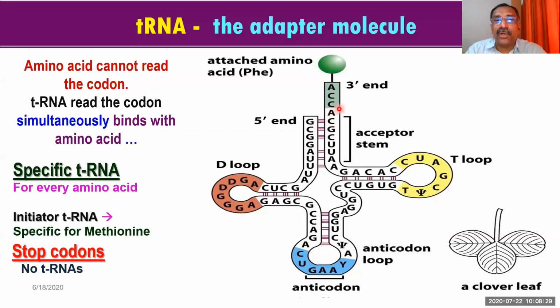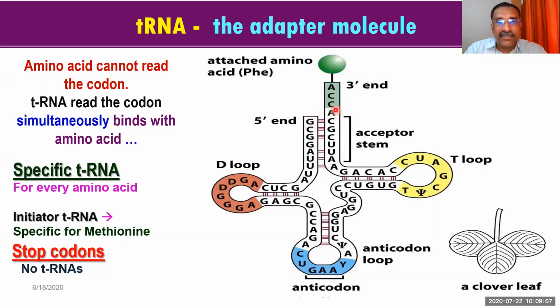यार 4 दिखाया है वो wrong है. ये जो shading किया है वही ध्यान में रखना. So 3 nitrogen bases are there that are unpaired. Normally it ends as CCA. The 3 nitrogen bases which are unpaired end as CCA, and 5' end में जो beginning होता है G, ये आपको ध्यान में रखना पड़ेगा. 5' end का beginning always with a G, guanosine, and ending with a CCA at the 3' end, which are normally unpaired.